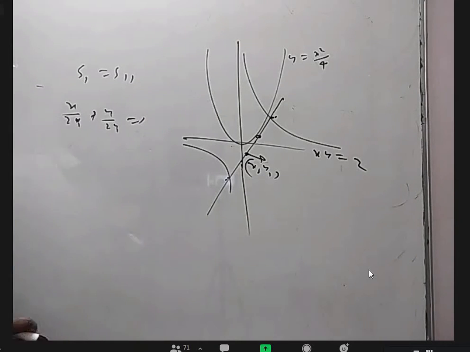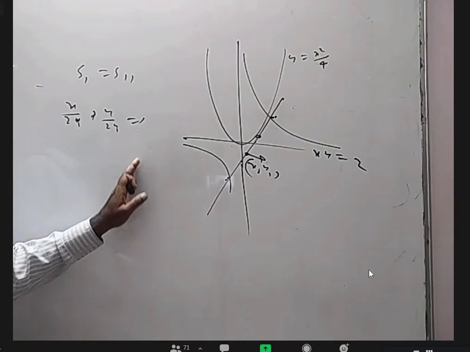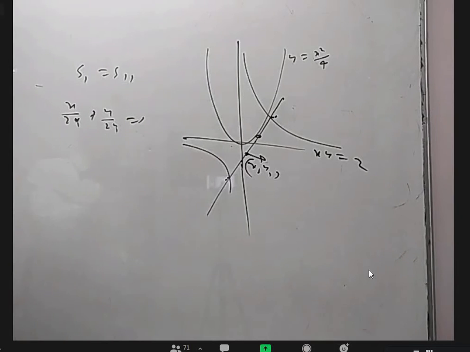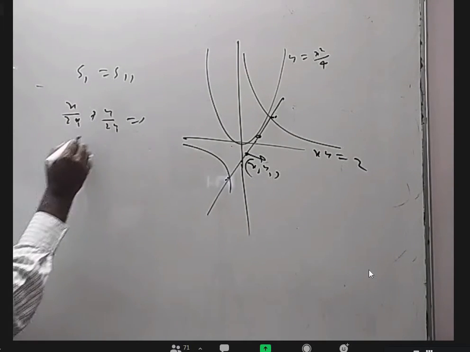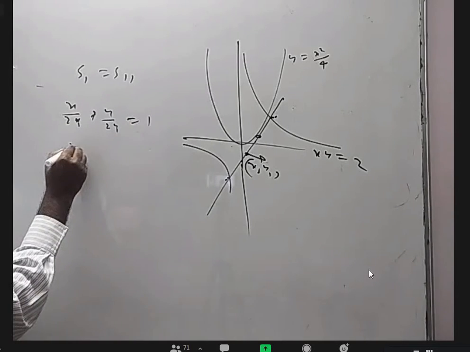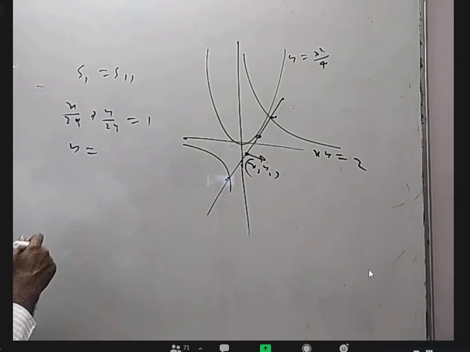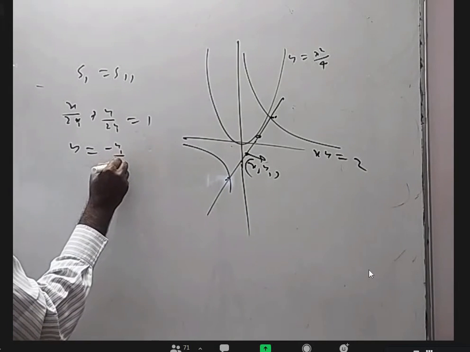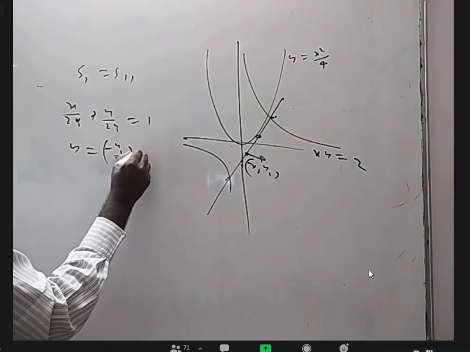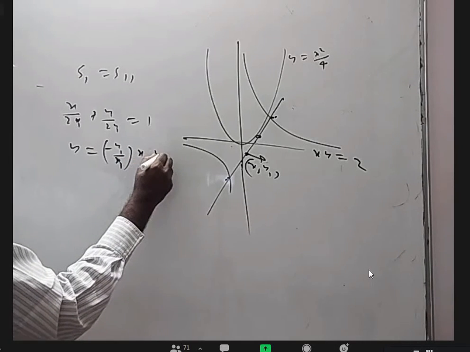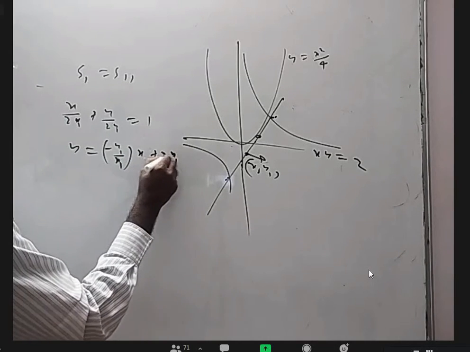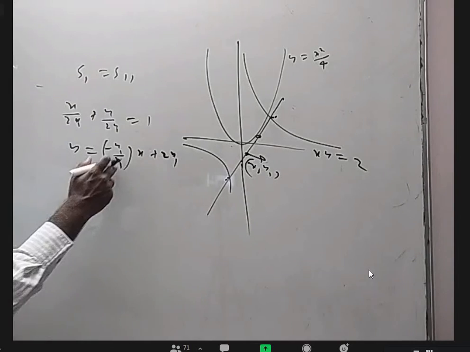I can use am square equal to ln if it is lx plus my plus n equal to 0, but it is a vertical one, so it is y equal to mx minus bm square. Let me write this in y equal to mx plus c form. If I send this to that side, I'll get y is equal to minus y1 by x1 into x plus 2y1. This is in the form of y equal to mx plus c.